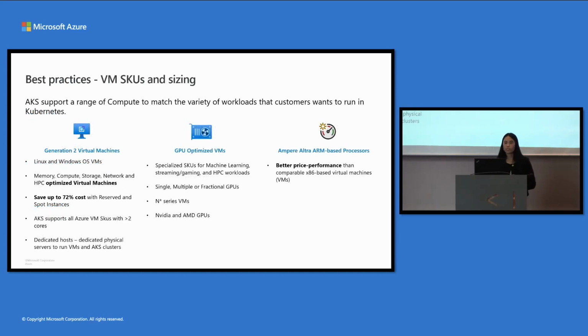And VM SKUs and sizing. It's very hard, as I mentioned, to initially anticipate what kind of VM SKU might be best for your workload. That's okay, because Azure and AKS support a really wide variety of compute options. We have memory, CPU, network-specific and optimized virtual machines, as well as GPU-optimized machines. So if you have memory-bound or compute-bound workloads, you can choose SKUs that are more aligned with what your resources